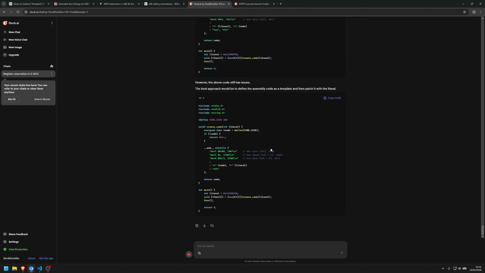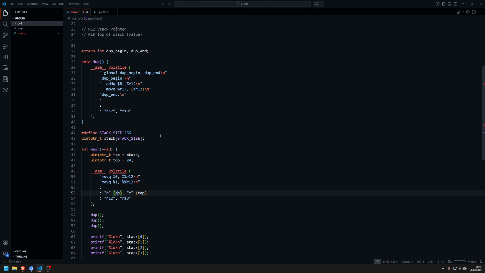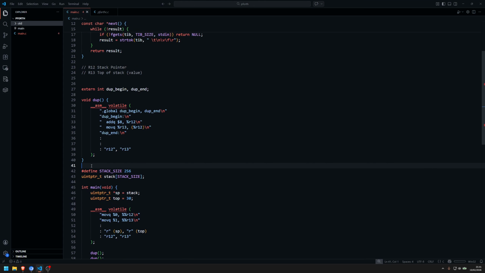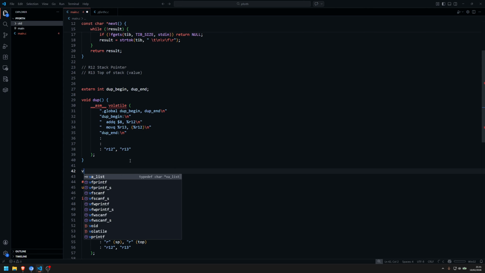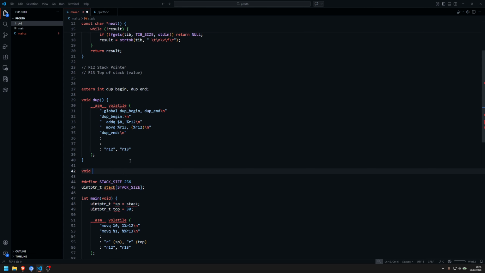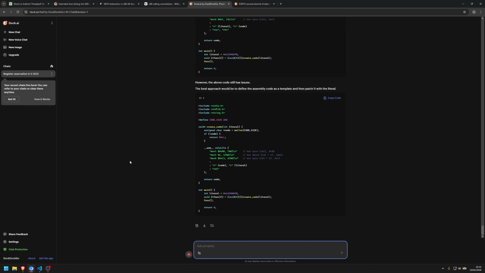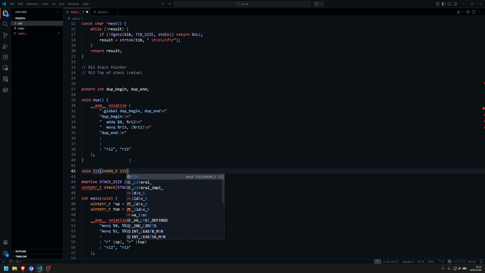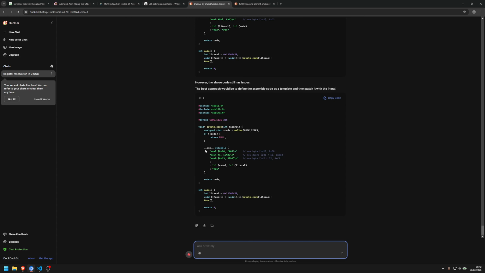The best approach would be to define the assembly code as a template and then patch it with the literal. Okay, let's try to do that in that case. It may work, I don't know. I don't know exactly how GCC handles this kind of thing. So let's say this is a literal. I have an int64_t and have the literal. And here,